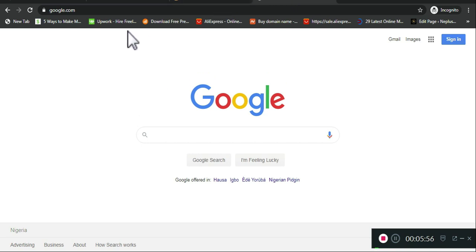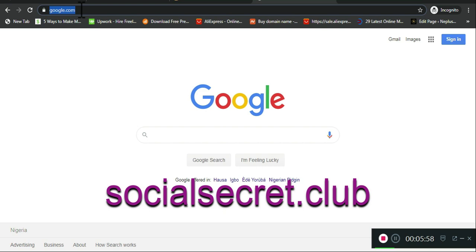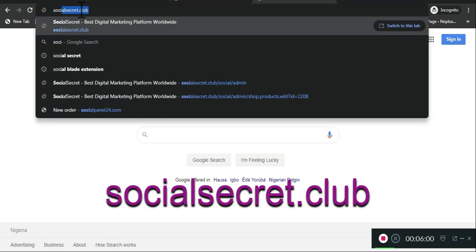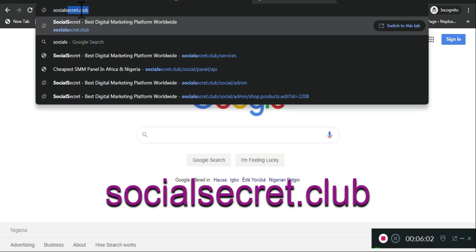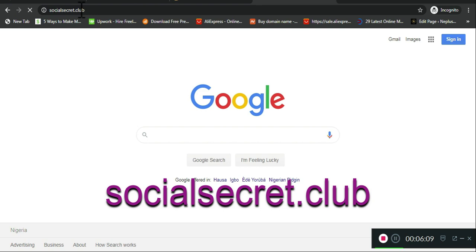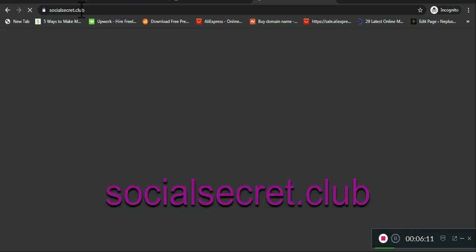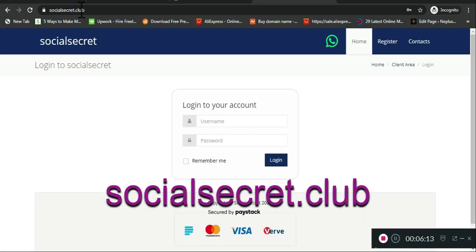So right now the platform we'll be making use of is called socialsecret.club. Now this is absolutely the platform we'll be making use of today, and I want to let you understand